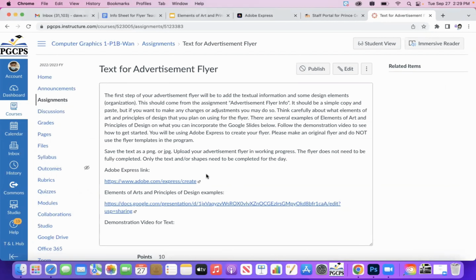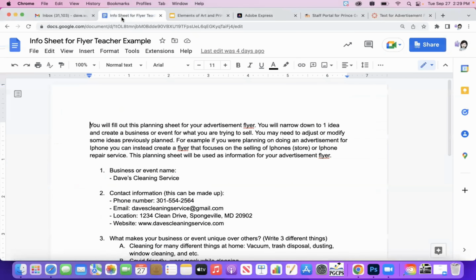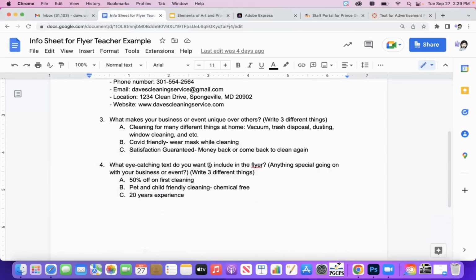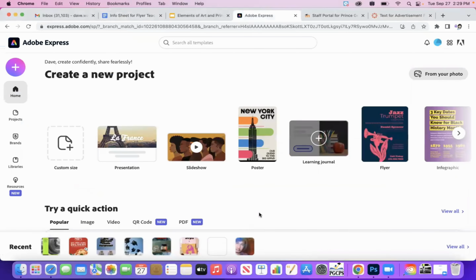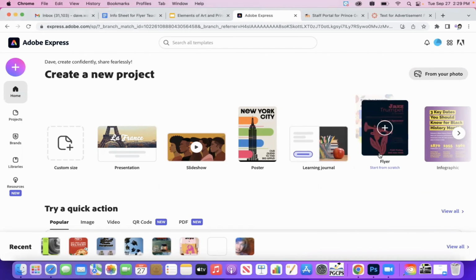Basically, you'll start on an advertisement flyer today, and you'll just be focused on the text and design aspects. You have to go back to your information sheet that we worked on in the previous class, and you'll be copying and pasting a lot of that information onto your Adobe Express. So you go into Adobe Express, click on Flyer,